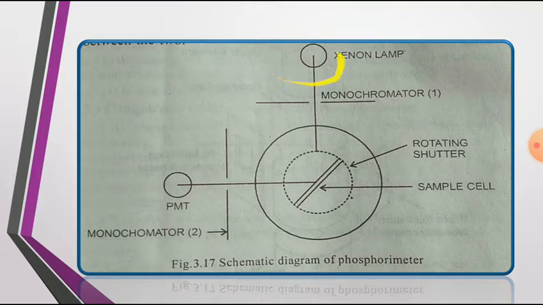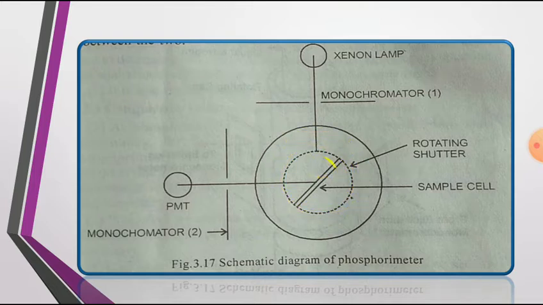So this is the xenon lamp. It will emit the UV light. Other light will be absorbed by this monochromator. Instead of a monochromator, we can keep a filter here also. It will absorb other lights and only pass the UV light. That UV light coming from this lamp will reach the sample cell through this entry shutter. Here the entry shutter is there. Okay, and when it is rotating continuously, then the entry shutter will be closed.